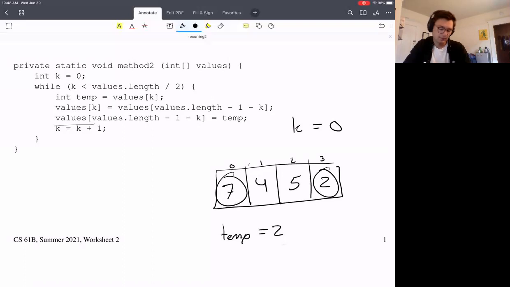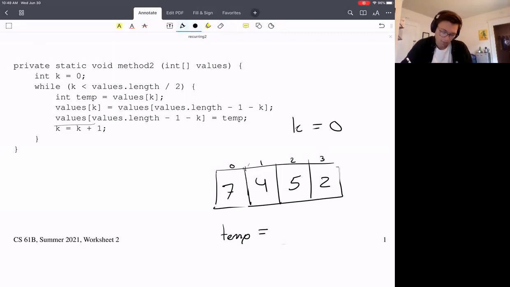You'll see this a lot in computer science where you create a temp, you update one value, and then you update the other value with the temp. It's like a 3-stage process to swap anything. It's a really common thing. Okay, so you can probably tell, and also if you combine this information, we know that we are iterating through half of the array only, and we just swap the first and last element. You might be able to tell what we're doing here, but I'm just going to do the next one